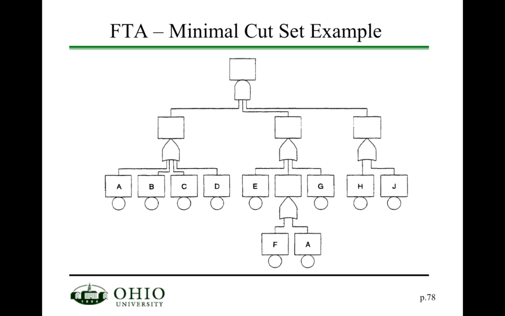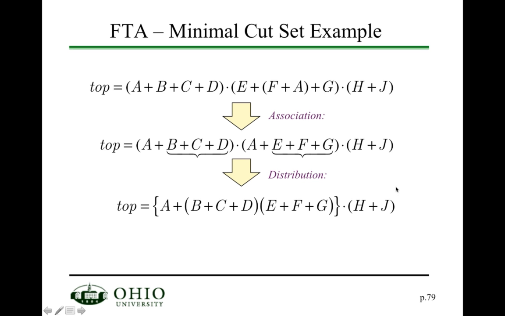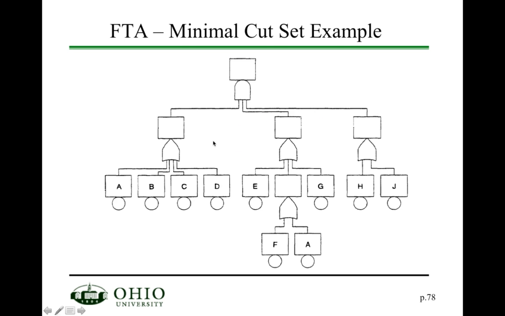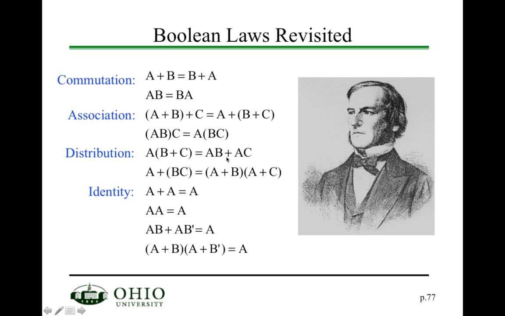Another example of a minimum cut set is this particular one here. Again, same thing. I'm writing it out. So I have A plus B, B plus C plus D, and E plus F plus A times G, plus G, and H and J. If you write it out, you get this top expression, and you can see by association that you can get rid of these little brackets. And then, of course, you can use the distribution law that we saw here